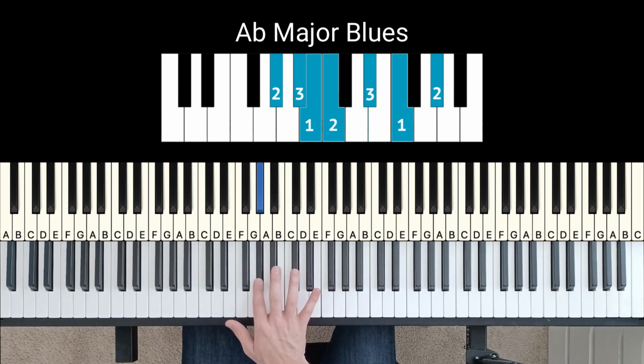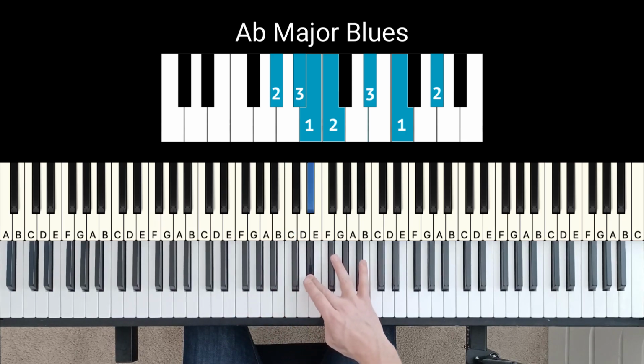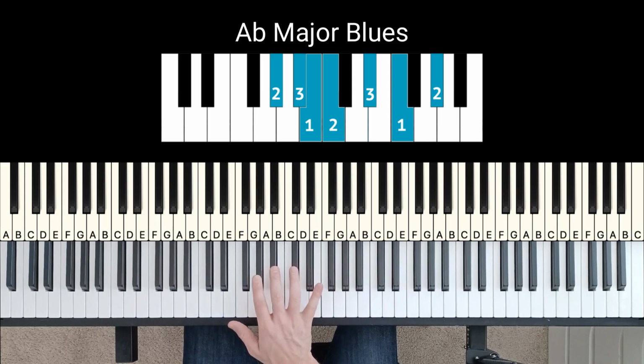So you're using fingers 2, 3, and you bring your thumb under. 1, 2, 3, bring your thumb under. And then you end with your second finger, which is where you started. So if you're going to do 2 octaves,